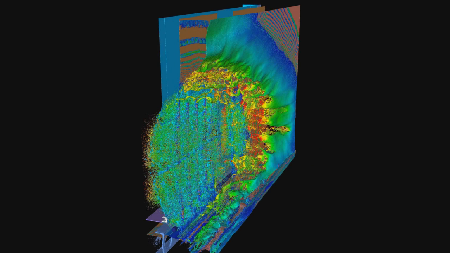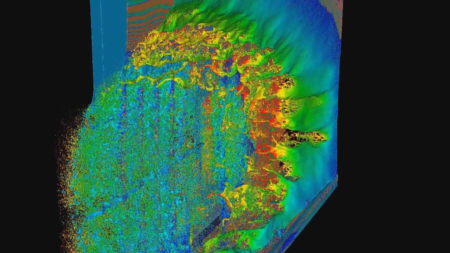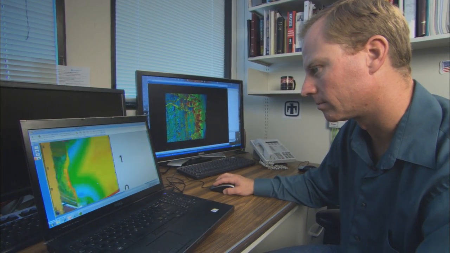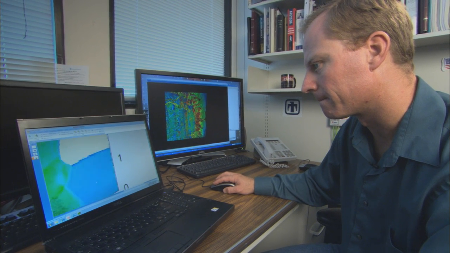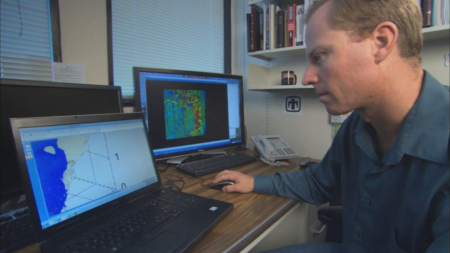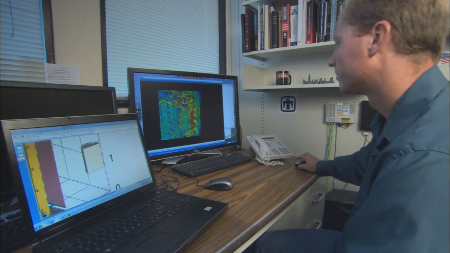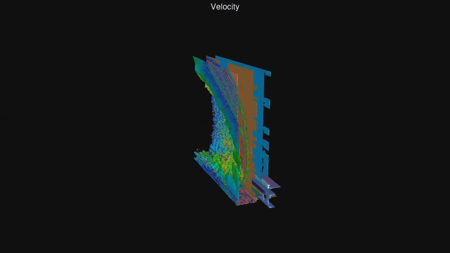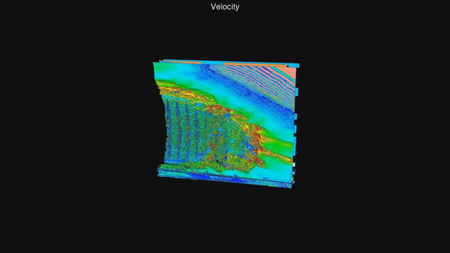I work for a physical security group, and we try to design barriers to mitigate explosive threats. And that's what this work is for in this particular case. We're protecting the nation's different infrastructure from explosive threats and other high-level threats. In this simulation, a thin-walled structure is being acted upon by the blast from a nearby explosion, and we're interested